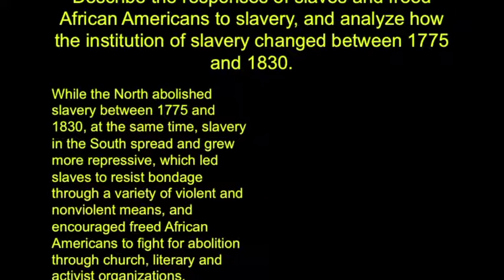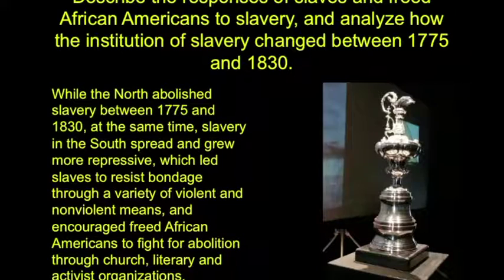An A-level thesis might read, while the North abolished slavery between 1775 and 1830, at the same time, slavery in the South spread and grew more repressive, which led slaves to resist bondage through a variety of violent and nonviolent means, and encouraged freed African Americans to fight for abolition through church, literary, and activist organizations. Certainly, inexperienced writers will have a tough time crafting a thesis like this, but with practice, you too can come